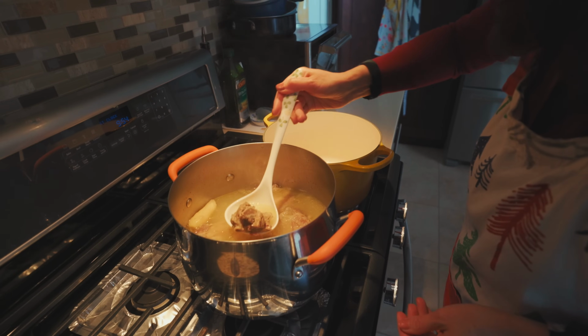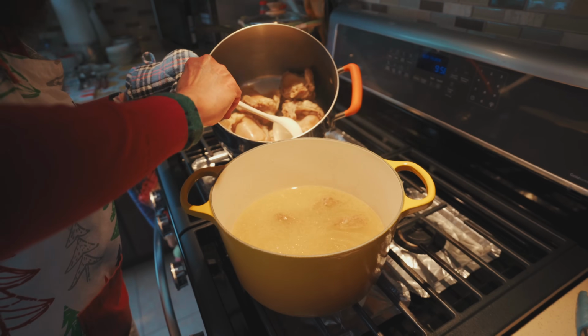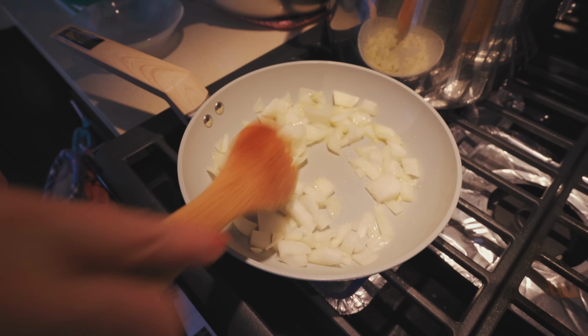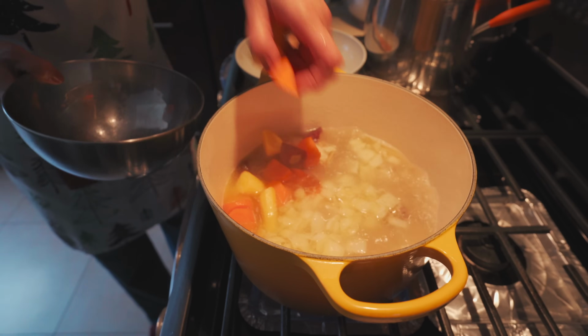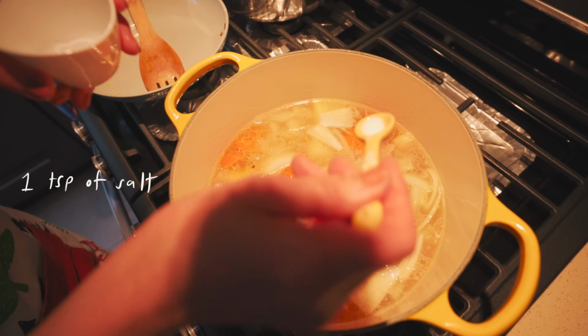Once everything is creamy looking, we are transferring the back ribs and broth into another pot, and you can either discard or reuse the rest of the bones. We are frying half an onion to get some extra flavor and adding that in. Then add in the potatoes, carrots, and the other half of the onion and let that simmer for around 20 minutes